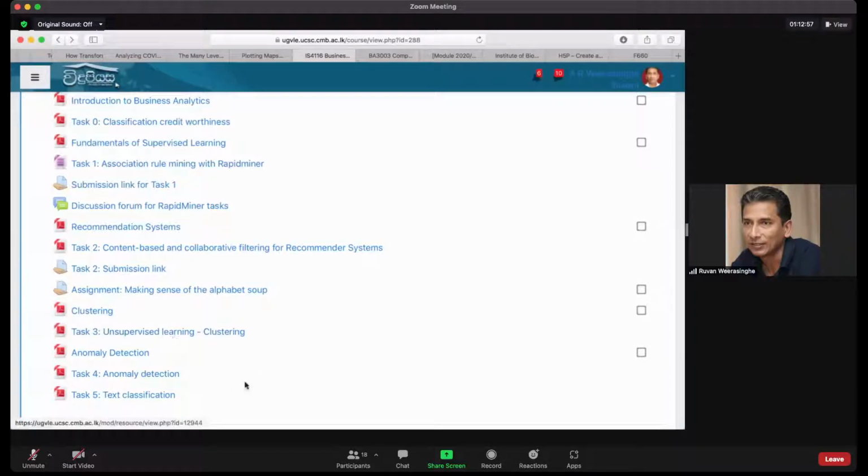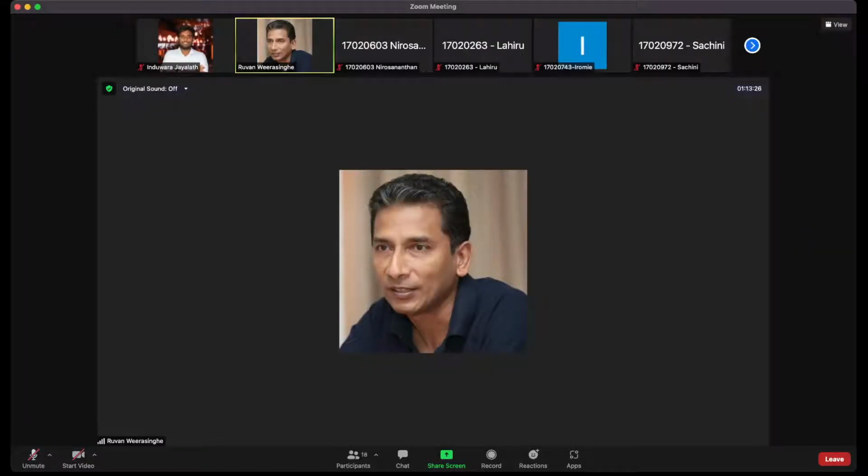Task 3 was already there, right? I hope some of you at least have done that. Task 4, I've given the task, and this is the slide set that I just finished. And I've also put task 5. This is mainly to help you with the assignment, right? The final assignment, which I haven't yet made visible, but I will just quickly